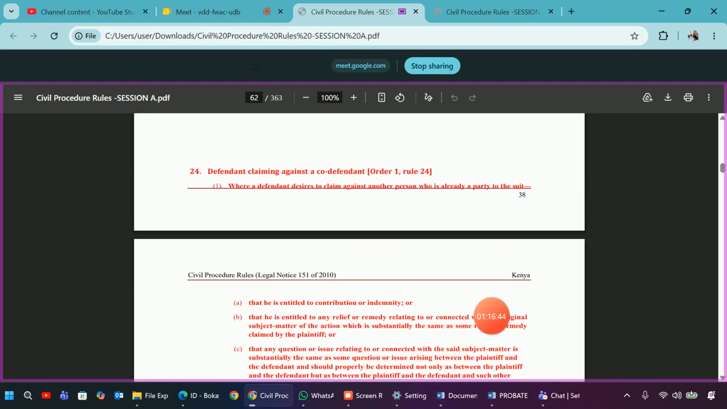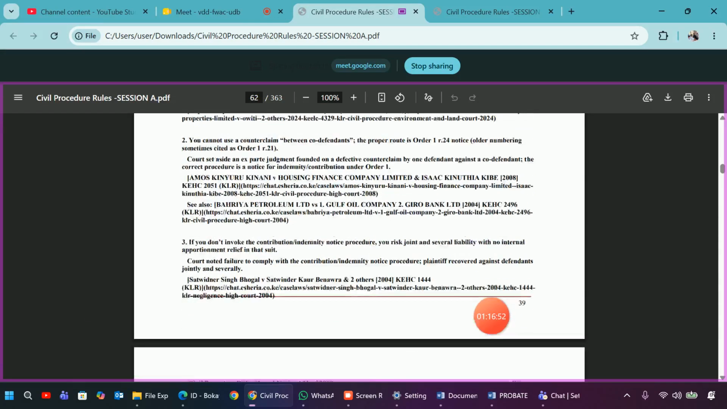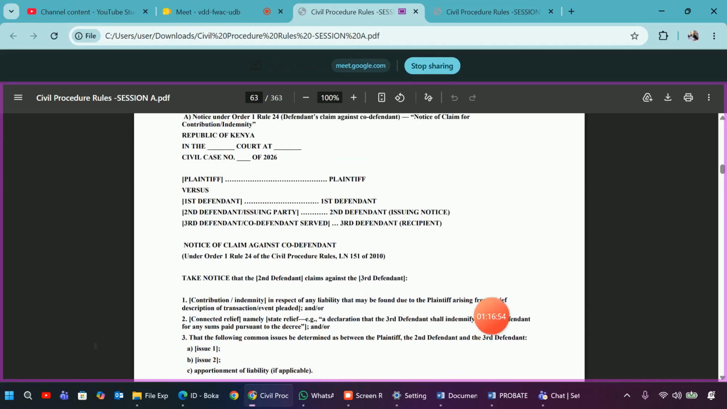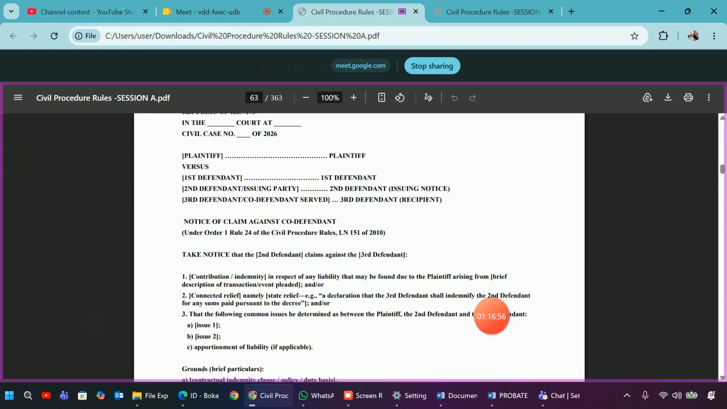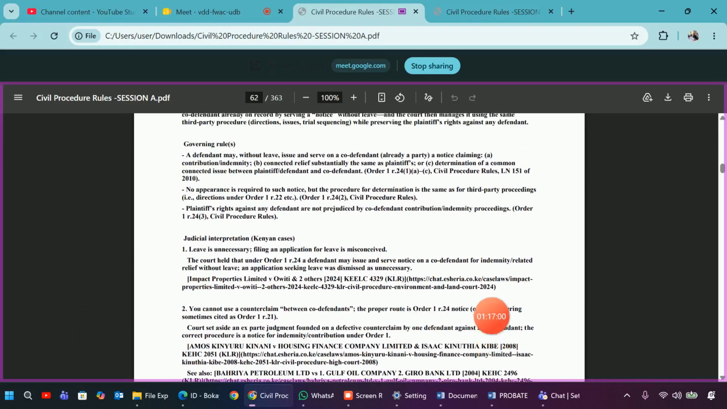If you read Order 24, it talks on a defendant claiming against a co-defendant. Okay, so this can also be asked. And generally, what is the document that you will use? Are there any tests to be considered? So let us read